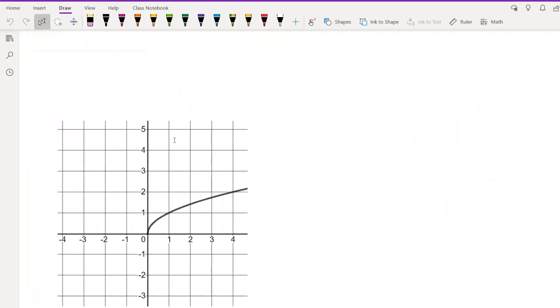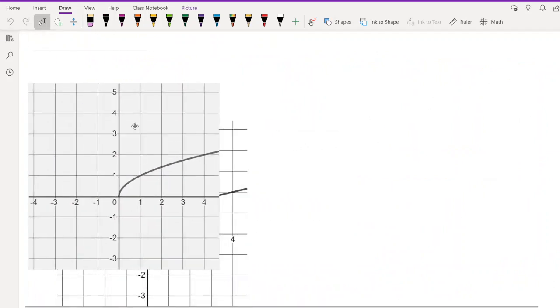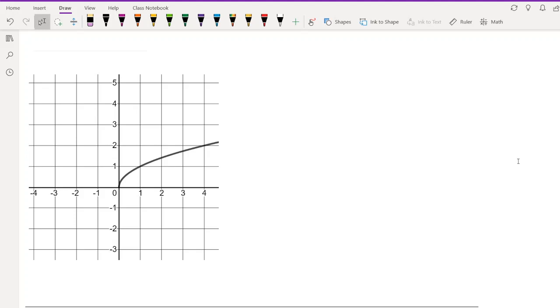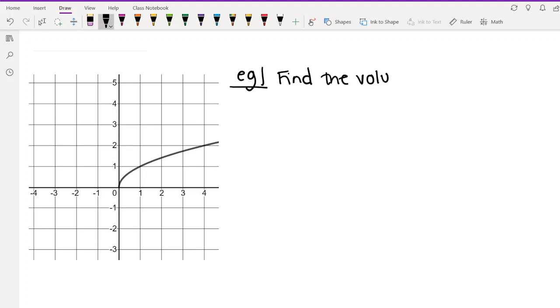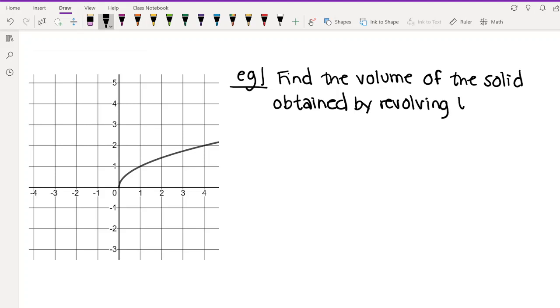Okay. So next up, we're going to look at an example where we're revolving something around the y-axis. We'll see that it's almost an identical process. It's just that we're now going to be integrating with respect to y instead of with respect to x. So this time we're going to find the volume of the solid obtained by revolving the region bounded by